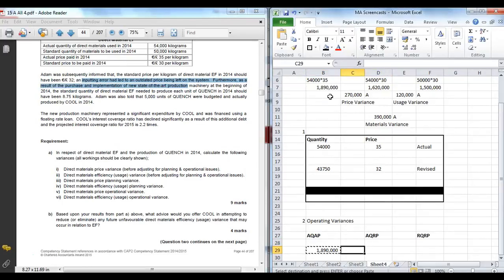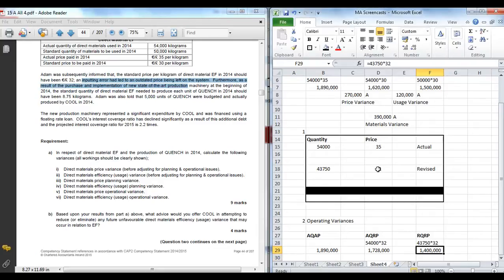AQRP, in this case, is 54,000 times the revised standard, which is expected to be 32. So here it'll be 54,000 times 32. So I'll just change that so we have it nicely formatted. So it's 1.728 million. And finally then RQRP is 43,750 times 32. They're the revised quantity times the revised price,